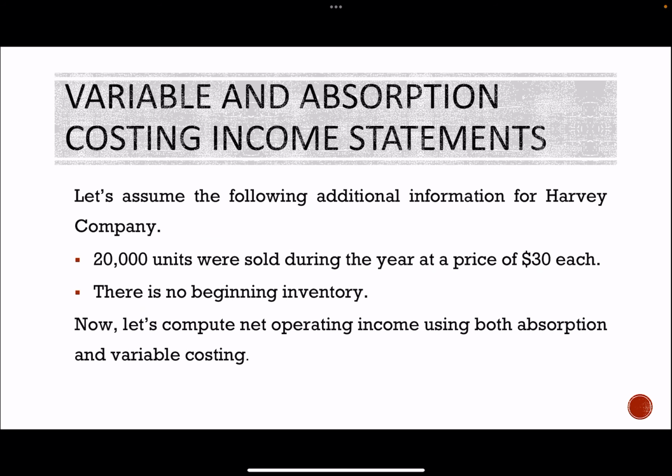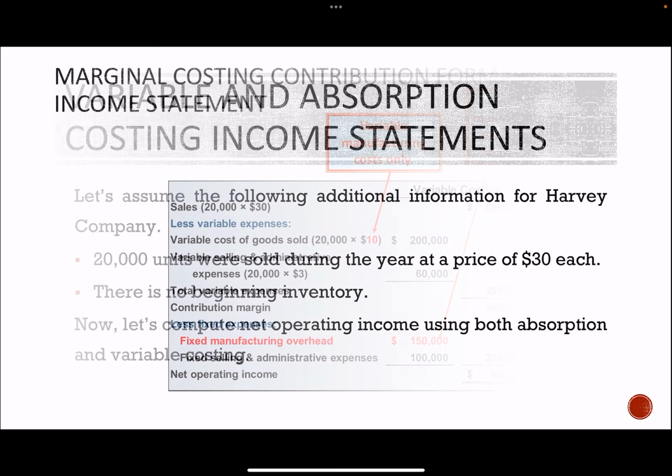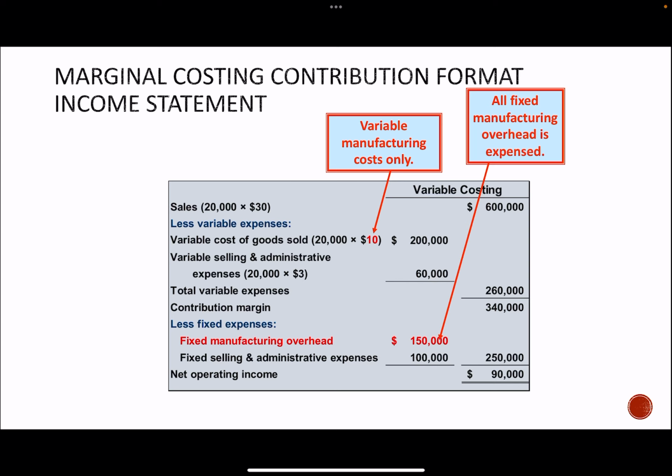Our example: prepare an income statement under both approaches, absorption and variable or marginal costing. If you know that there are 20,000 units sold and the selling price is 30 for each unit, there is no beginning inventory. So let's compute the net operating income under both approaches. Perfect, thank you. So Group A have got the correct answer. Perfect, thank you. Group B have some,